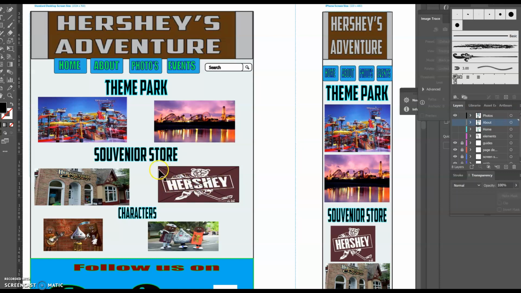And underneath it, I have the souvenir store where you have this. You can buy some souvenirs at the store. And here is they have a famous hockey game where you can see different hockey teams that come to Hershey. Like I think the Washington Capitals, or